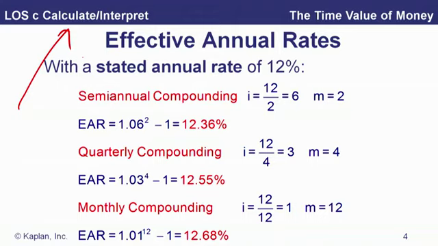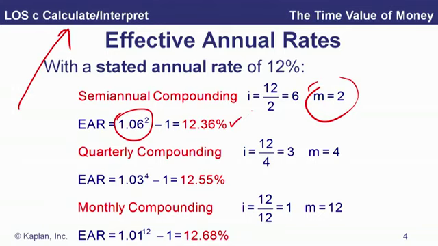But if we say the stated annual rate is 12%, but compounding is semi-annual, twice a year, and that's why we've got m equals 2 over here, the number of compounding periods, then we just divide that stated rate by 2. And what we're going to earn is 6% compounded every 6 months or twice a year. So in that case, the mathematics of it is we take 1.06 and we square it. We multiply it times itself and then subtract 1 to get our effective annual rate, the EAR. And that effective annual rate,